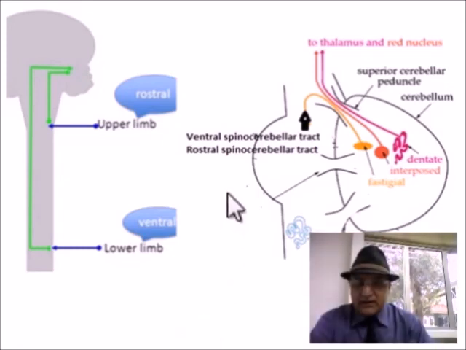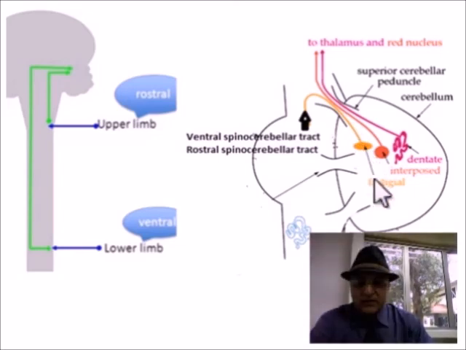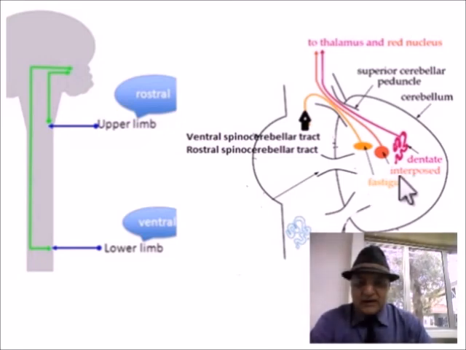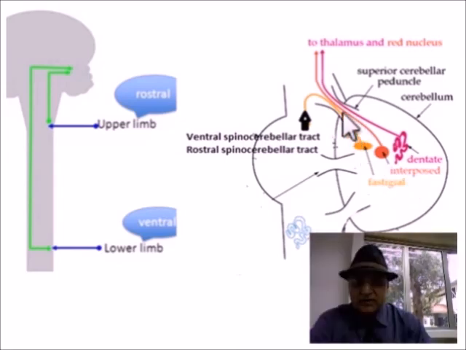To show it again here, you can see the ventral spinocerebellar tract or anterior spinocerebellar tract and rostral spinocerebellar tract. They ascend upwards, and through the superior cerebellar peduncle they enter the spinocerebellum, and we know in spinocerebellum there is the fastigial nucleus and interpositus nucleus. The other tracts which come out of the superior cerebellar peduncle are